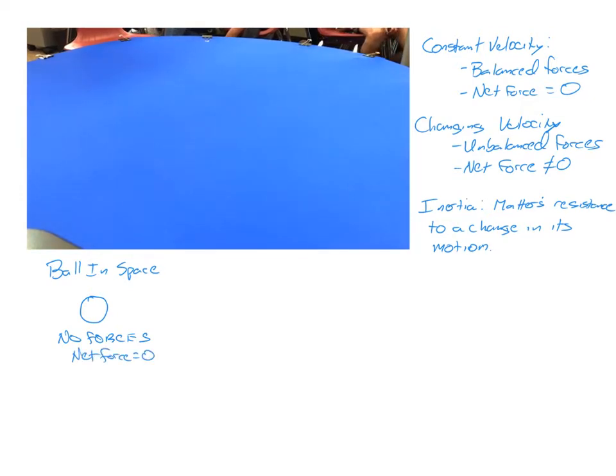And if I were to draw a free body diagram for that, what would it look like? Just the ball. What forces would we have in space? Nothing. In the middle of space, you're not going to have anything. So it would be no force, and our net force would be zero. That means the forces are balanced, and our velocity will be constant. It will not change. So if I take an object and move it in space, it's just going to keep going.